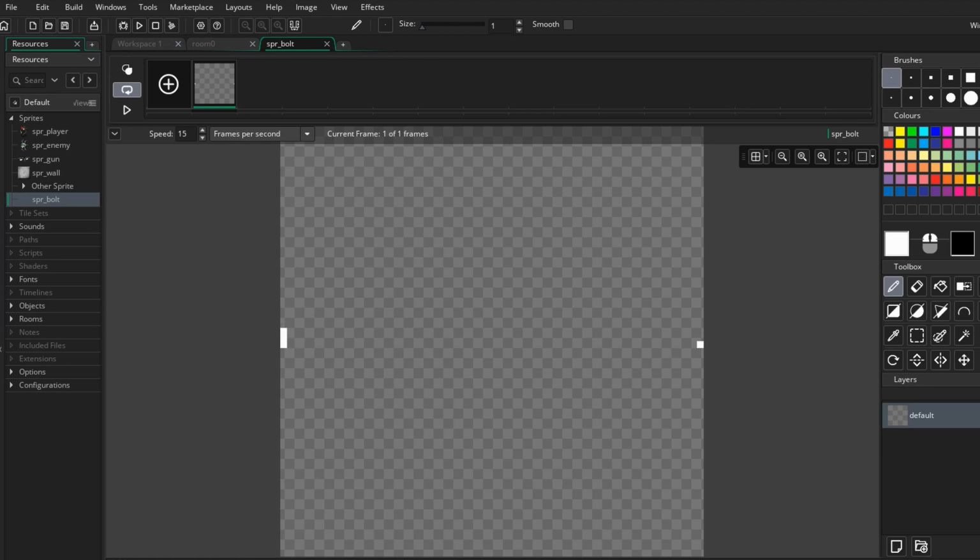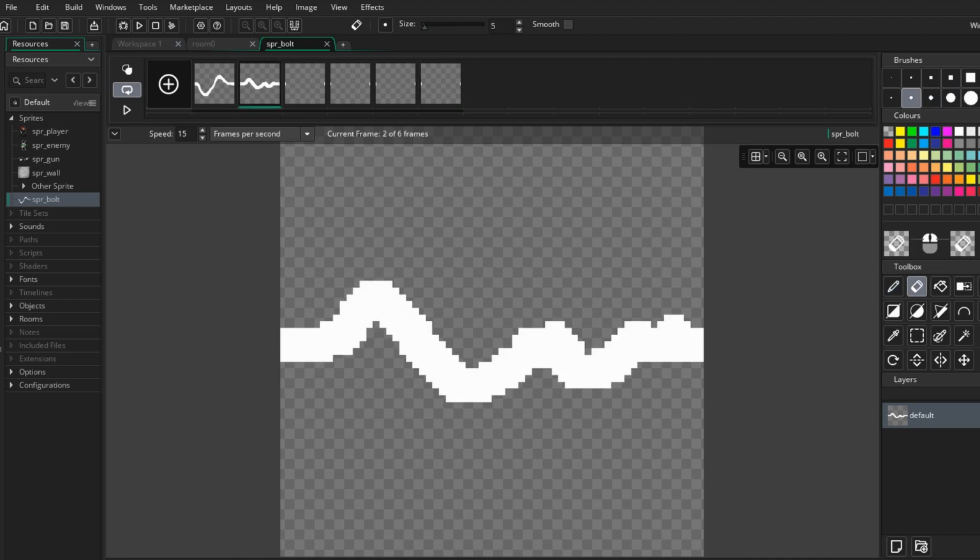Now I'm going to put 2 pixels above and below of that. I'm going to copy this up here and paste. We're going to do that 1, 2, 3, 4, 5, 6 times. And we'll come over here and grab